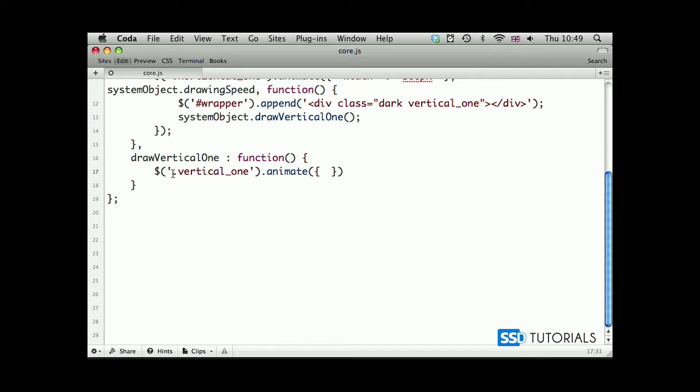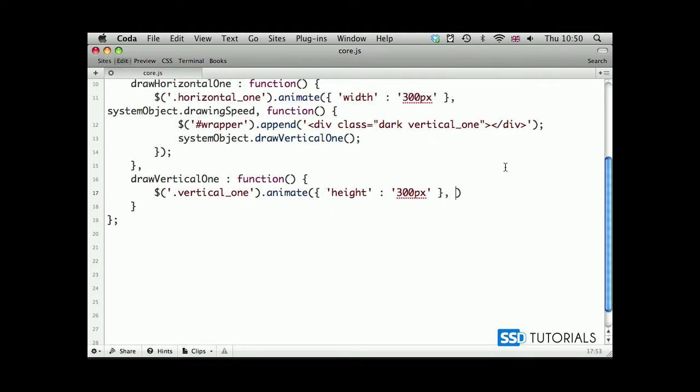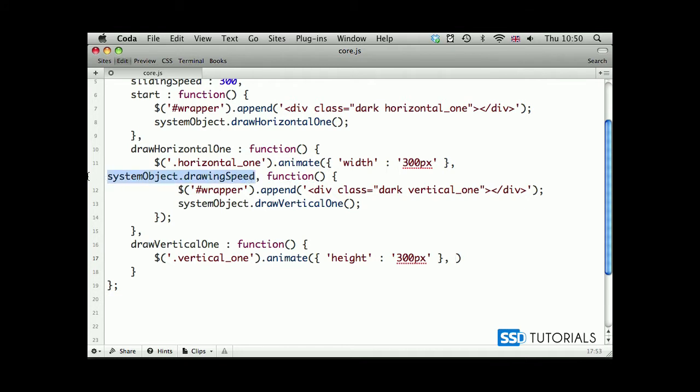And between the curly brackets, we're going to have height, which will be 300 pixels. After this comma, and again drawingSpeed, so I'm just going to copy this, and then function,